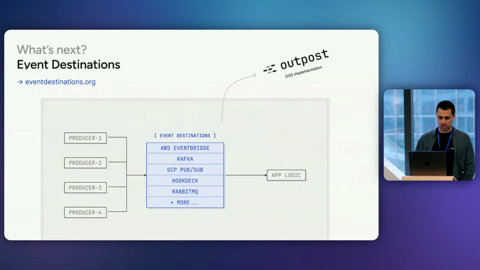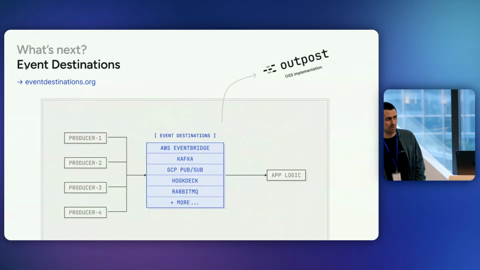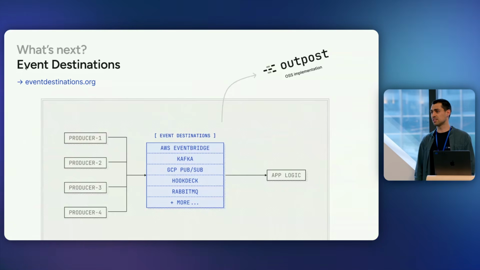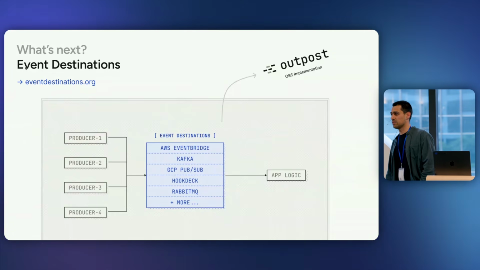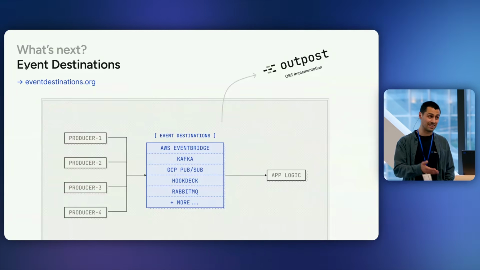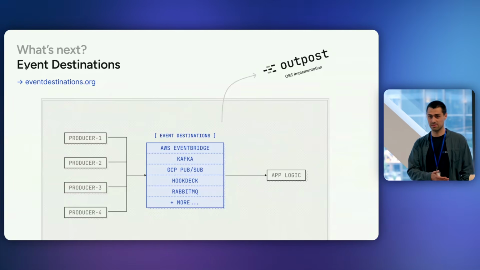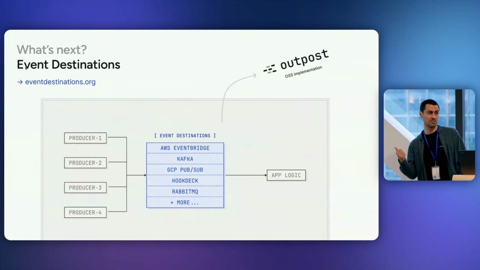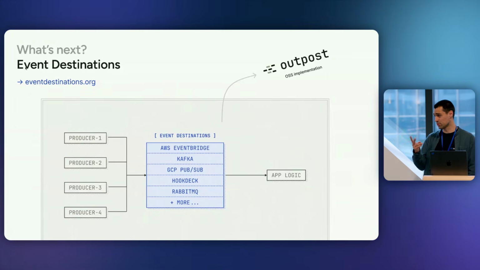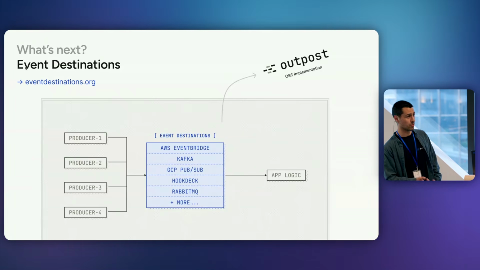So the big two fundamental changes I want to talk about is event destinations. Stripe released in general availability, I want to say a couple of months ago, correct me if I'm wrong, their support for event destinations. In Stripe, when you go to register a webhook now, you don't register a webhook, you register an event destination and you choose a type. And the type is either webhooks, right? My point about webhooks being a delivery mechanism at the start, or AWS EventBridge. So in their case, they're only supporting two. Shopify supports Pub/Sub, Twilio also supports Kinesis.